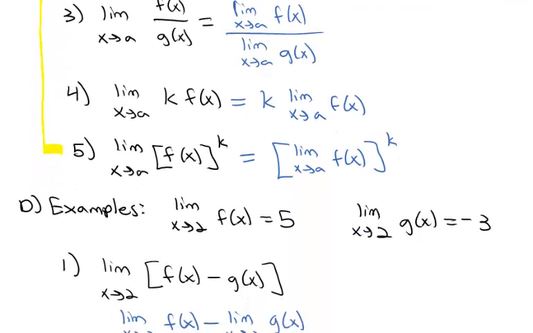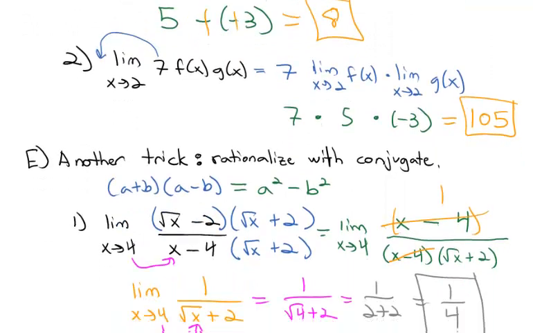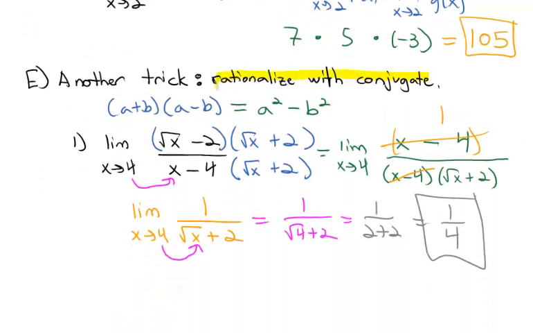Fourth trick was to rationalize with the conjugate. So there's 4 tricks we've seen so far. One last thing I want to look at with limits,